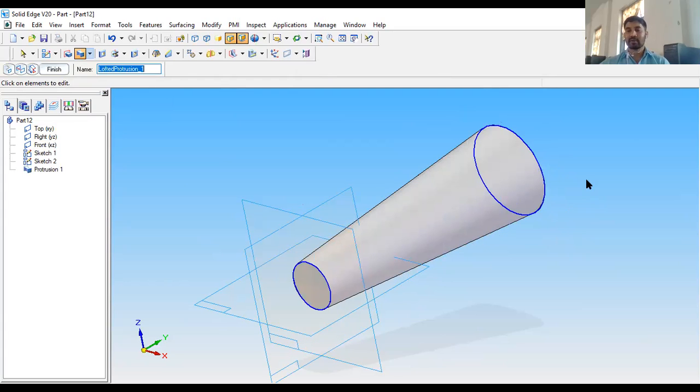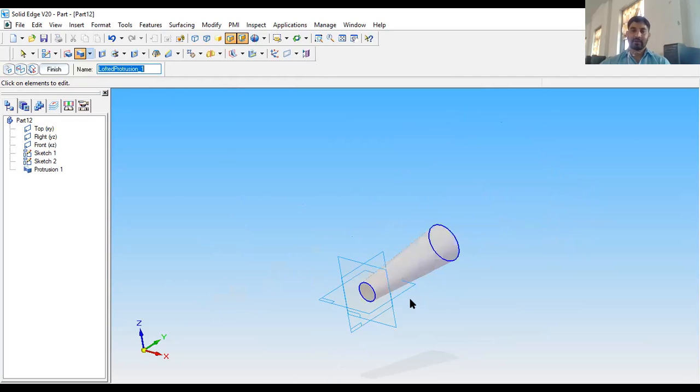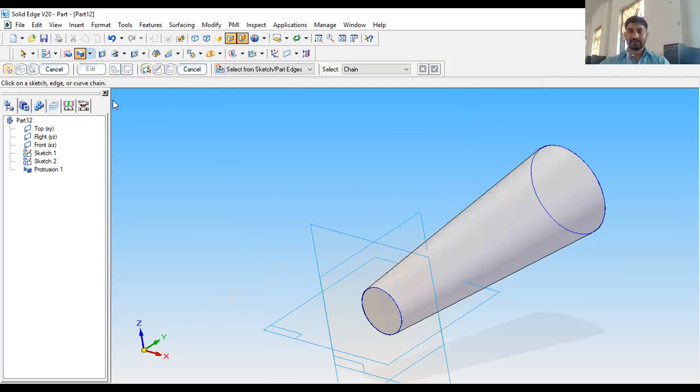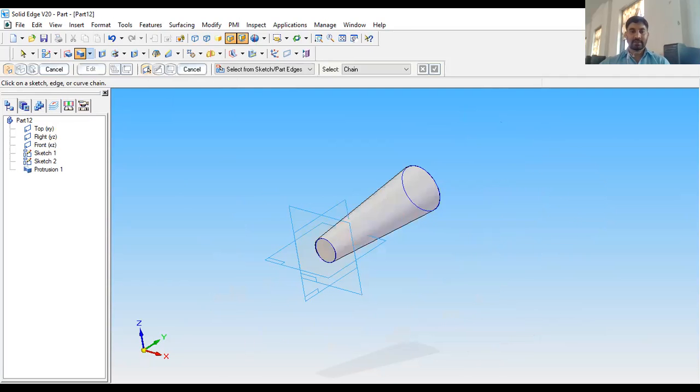You can give more than two cross section also, and you can give any different cross section. This is for only the simple example I have given circle. You can give any cross section. Click on finish. Next, we'll move on to the